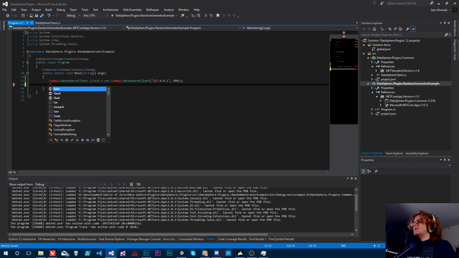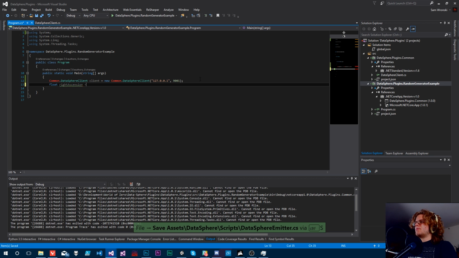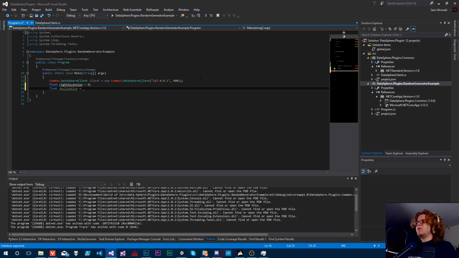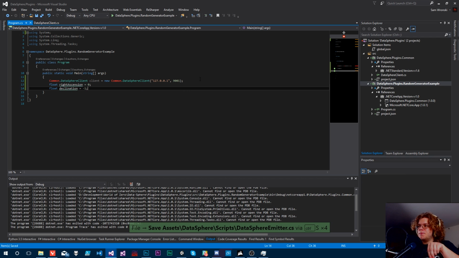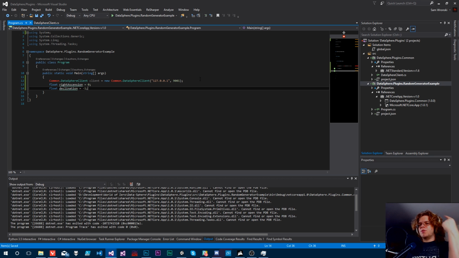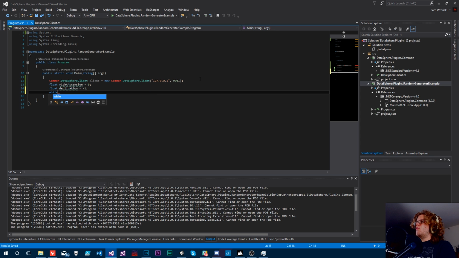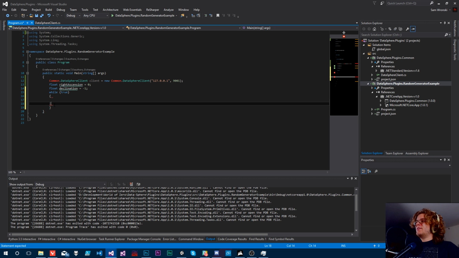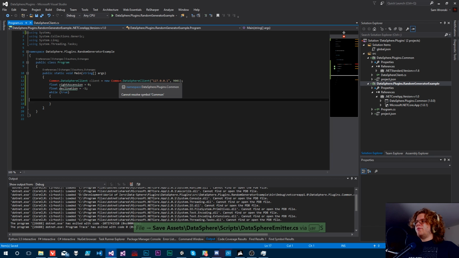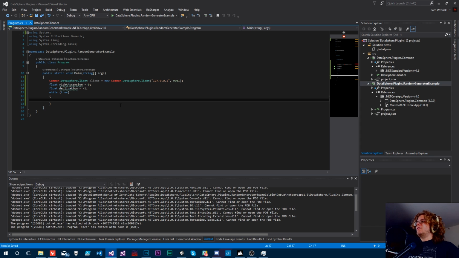Now that we have that, what we want is a float of our right ascension, which we'll set equal to 0, and a float of our declination, and we'll set that equal to -1. So it'll start at the very bottom center, and then it will spin around. And so, while true, that's the easiest way to do this. Then we can just stop it whenever we feel like. We should be able to just send a ton of messages,